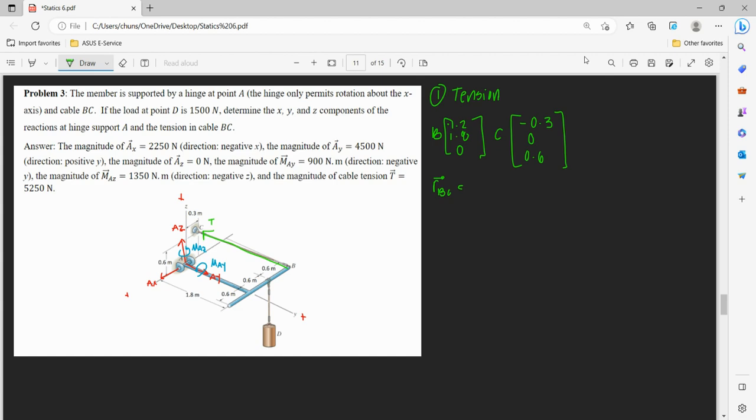So this is equal to C minus B, so that's negative 0.3 minus negative 1.2, and that is 0.9 in our I direction, minus 1.8 J, and plus 0.6 K. Okay, and now we're going to find our unit vector, which is 0.9 I minus 1.8 J plus 0.6 K over